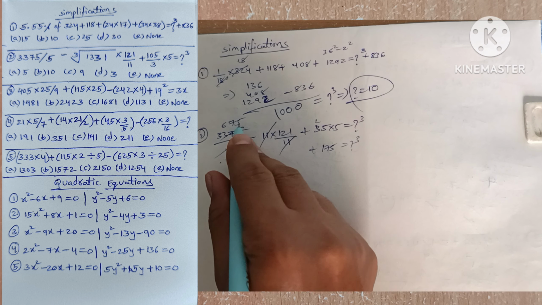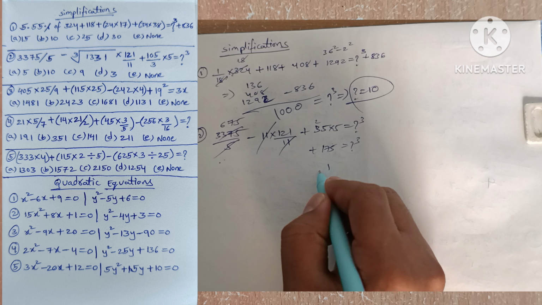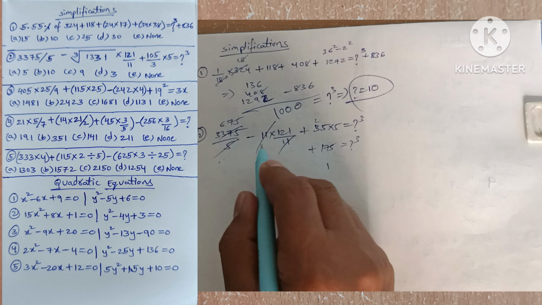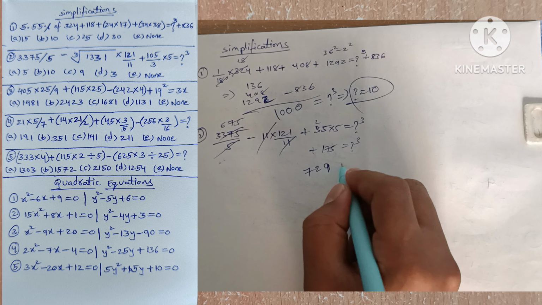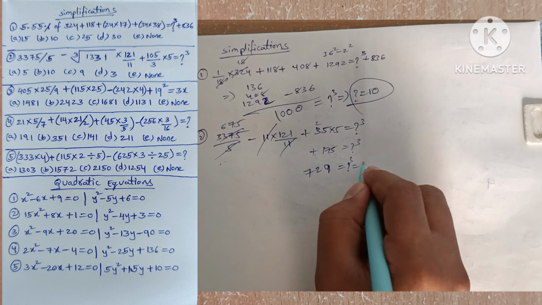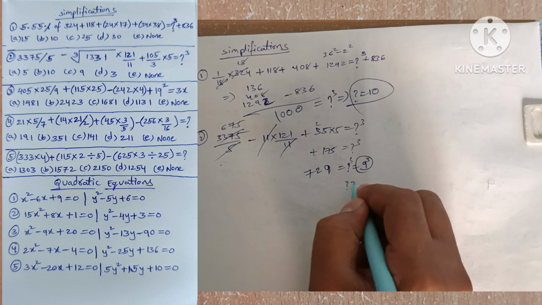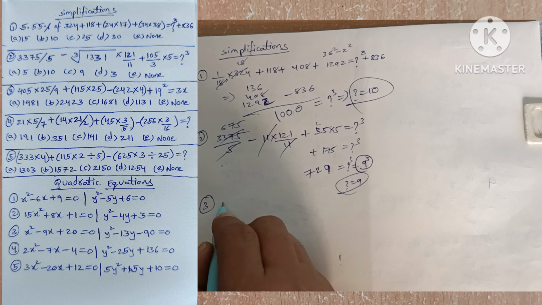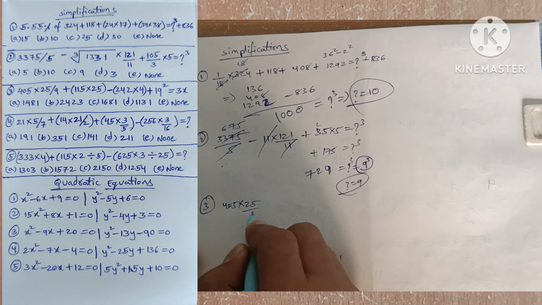cube 5 166 plus 5 11. This is minus 1, this is 9 2 7 equals to question mark cube. Therefore our answer is 9 cube. So our answer is 9. Third one, 405 into 25 by 9